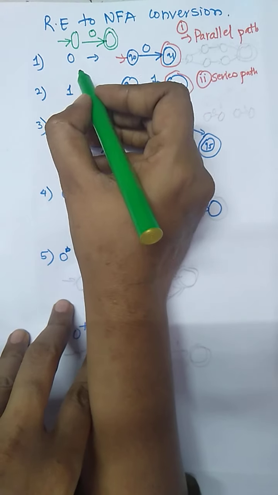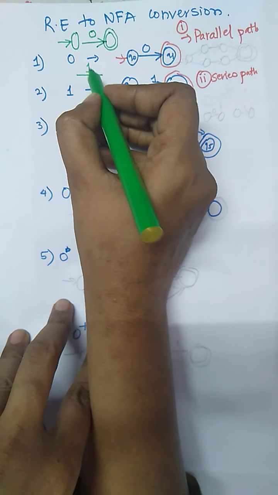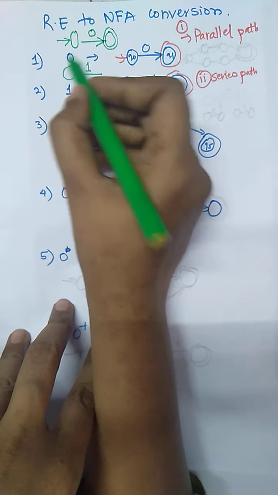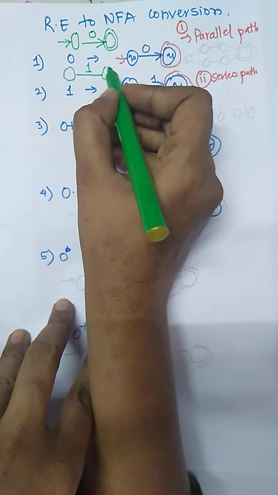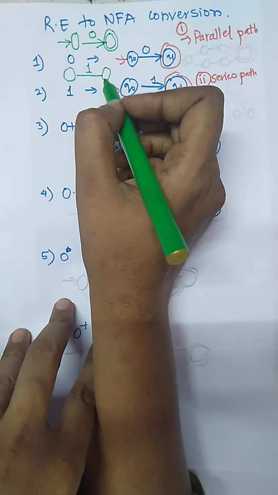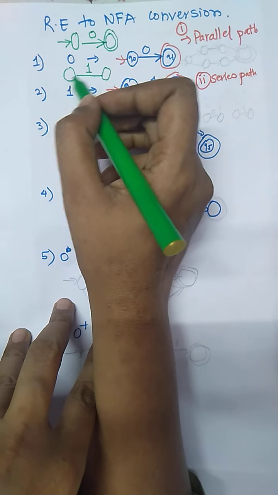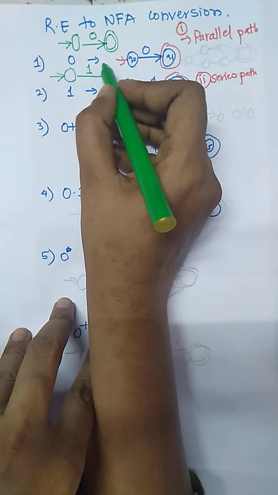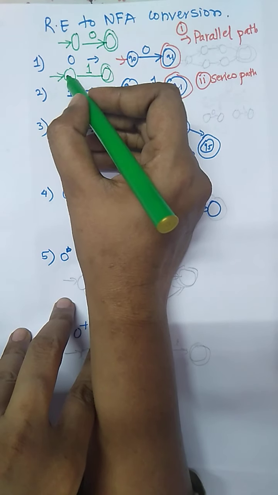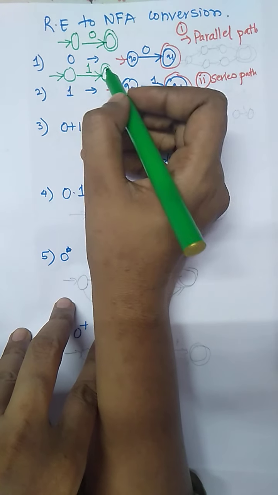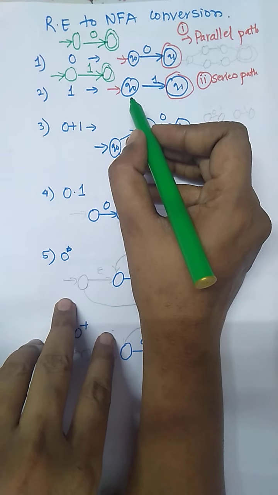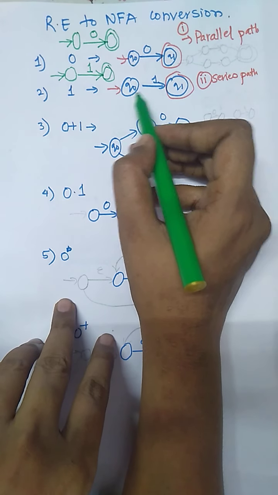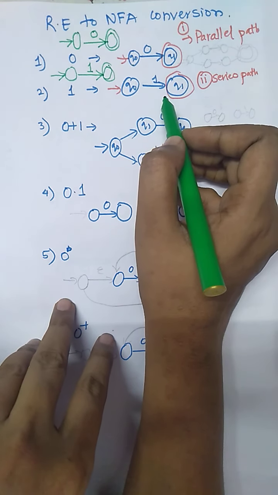Now 1 means again one arrow, coming from this state and going to this state. Any other thing that we have to add afterward or before? Nothing. So this is the final thing. This will be the initial state, this will be the final state, and it is moving from here to here, so it will be marked with the arrow. Here we have the initial state Q0 reaching the final state Q1.